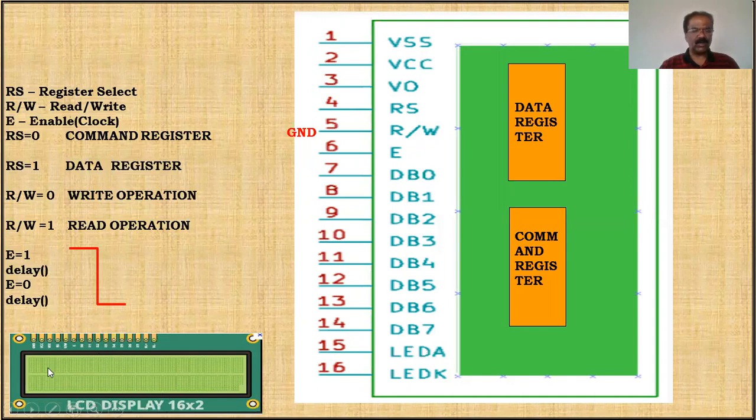It has totally two lines, or we can call it two rows. The first row, this is second row. It's also called line 1 and line 2. Then in each line, in each row, we can display 16 characters. Totally, we can display 32 characters. That's why it is called 16 cross 2. The 16 means we can display 16 characters in one row. Therefore, put together, we can display 32 characters.